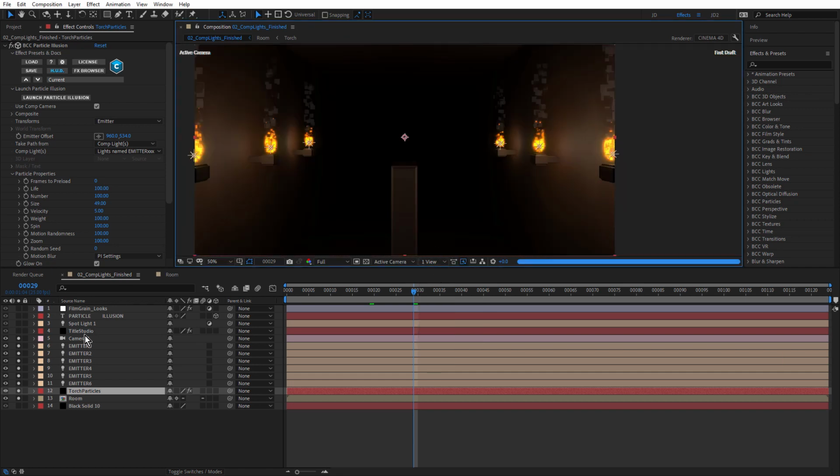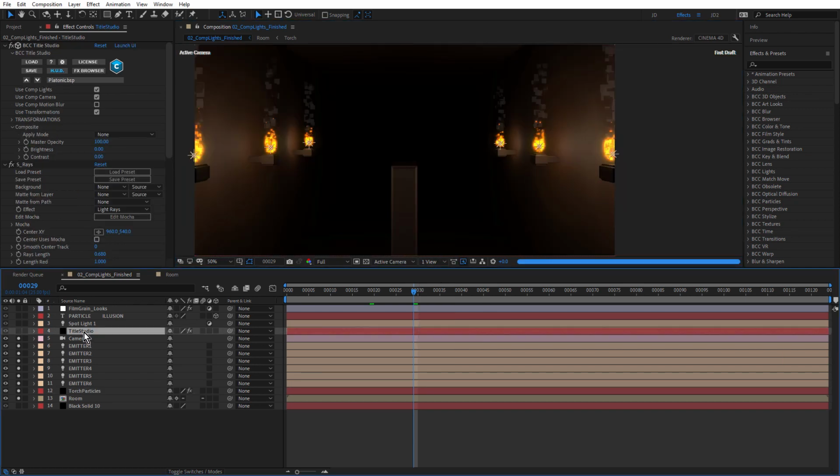Now above that, we have a Title Studio layer. I was interested to add a little bit of Title Studio because Title Studio has been able to use the comp camera in After Effects for quite some time. And that was only recently introduced in Particle Illusion. But now that Particle Illusion 2021.5 can also track After Effects lights and After Effects 3D layers, I wanted to try it together with a Title Studio layer to see how they could be comped up and have both Title Studio and Particle Illusion use the same After Effects camera and see how that might look.